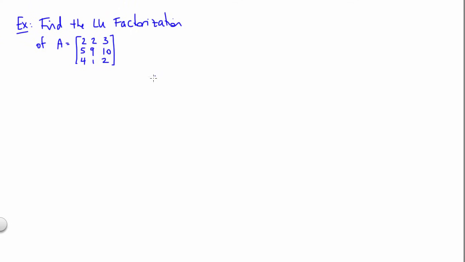In this video, we're going to find the LU factorization of the matrix A. Our goal is to write A as a product. First factor will be called L, second factor will be called U, and L represents what's called a unit lower